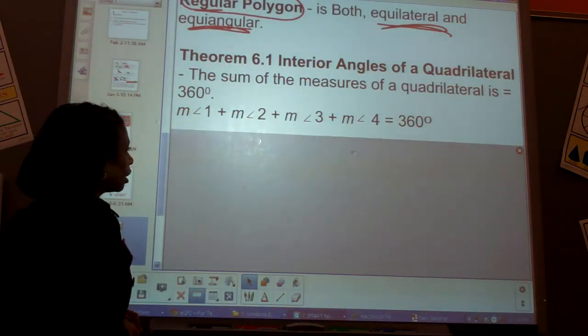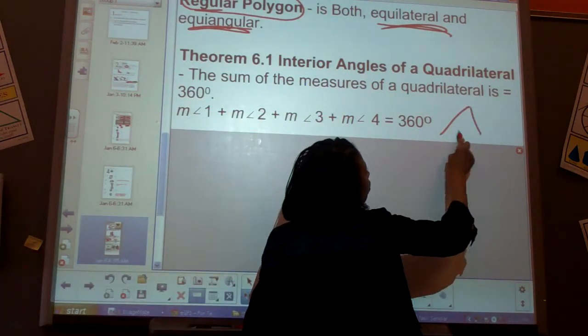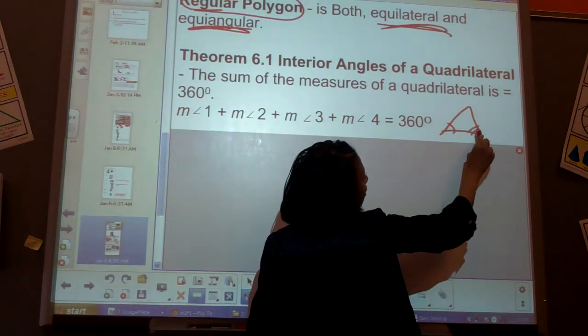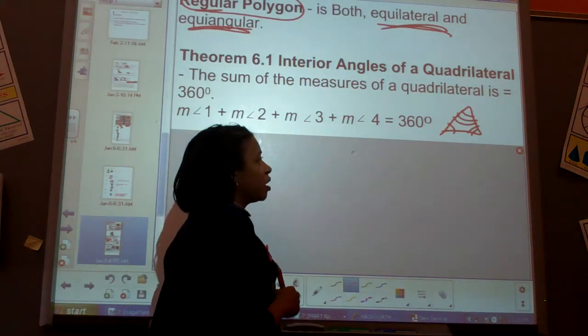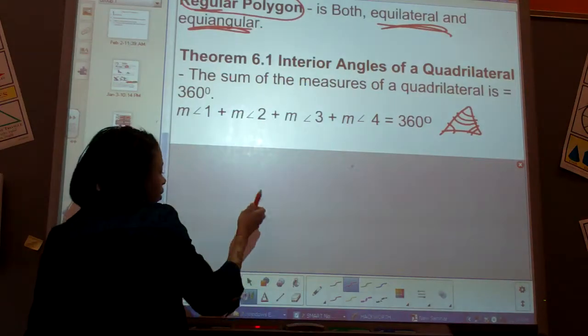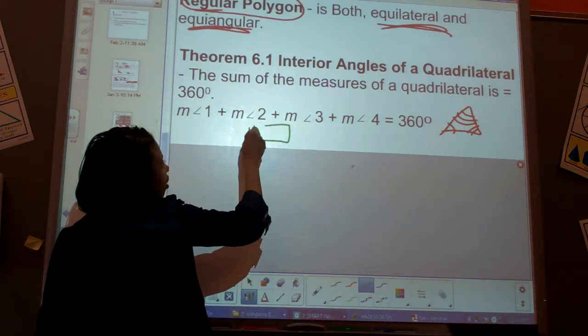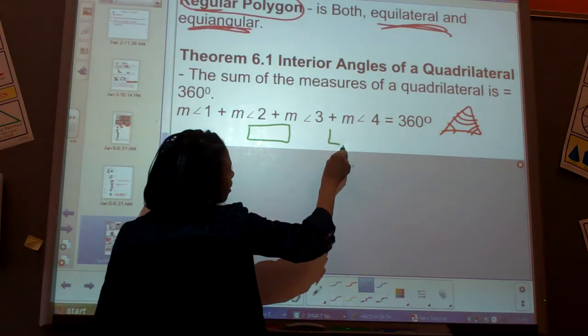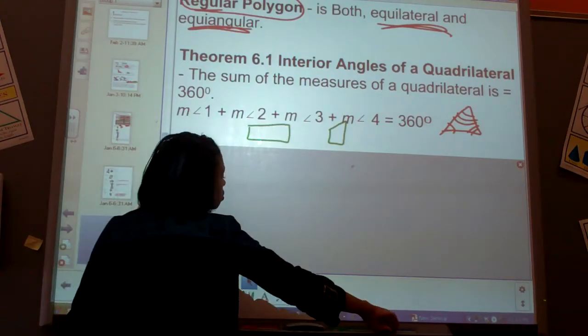All right, remember, again, triangles with interiors were 180 degrees. We were able to figure out this measure, and that final measure. It had to equal 180 degrees. Well, on a quadrilateral, when I have a rectangle, square, even if it's odd shaped like this here, the interior angles